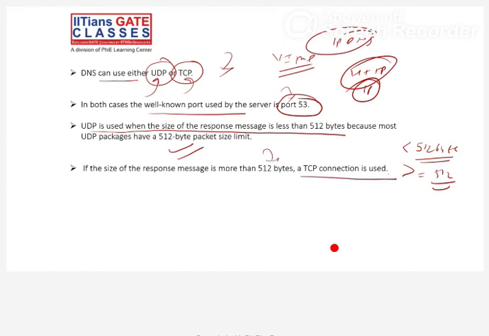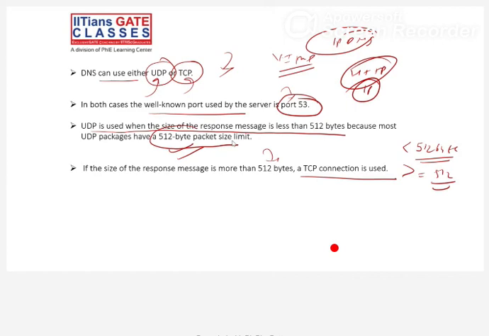So it will go from edu to parent, from parent to root. Okay, there is no IP in edu, the IP is in the COM, right? It will go to the COM, then go to the child. Yes, this is your server, I got the IP. It will respond to the COM, then root, then again edu, then this one. So where it started, the response comes back along that path. That is the meaning of recursive.